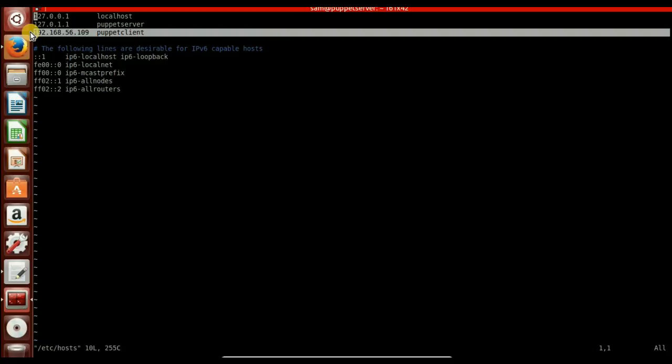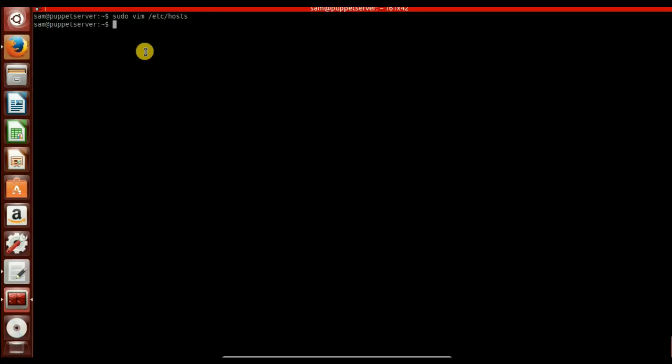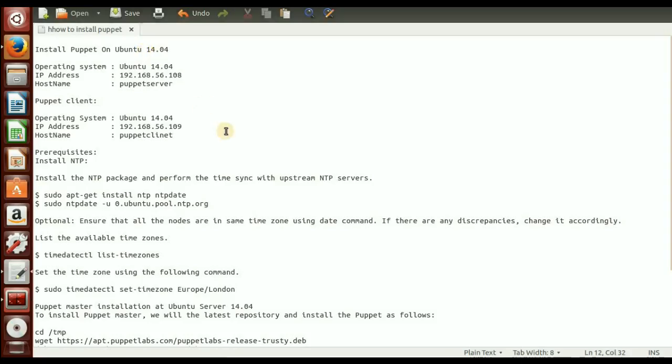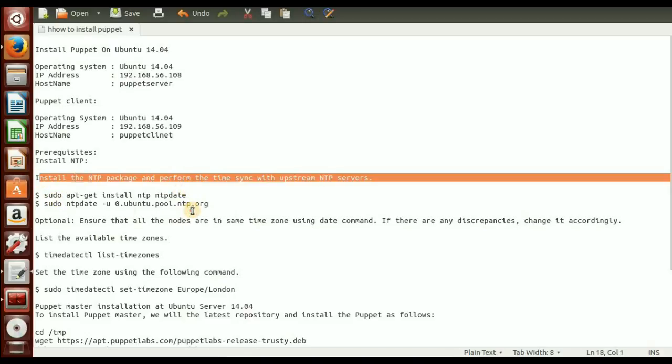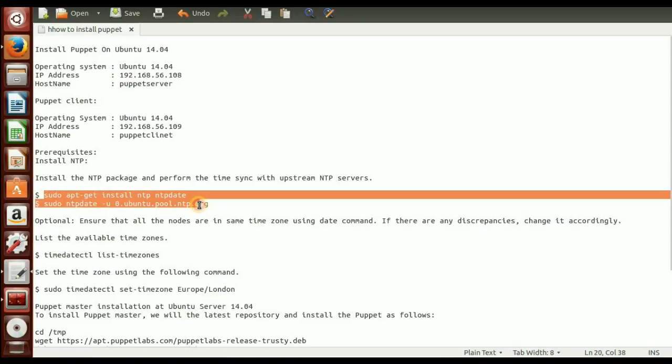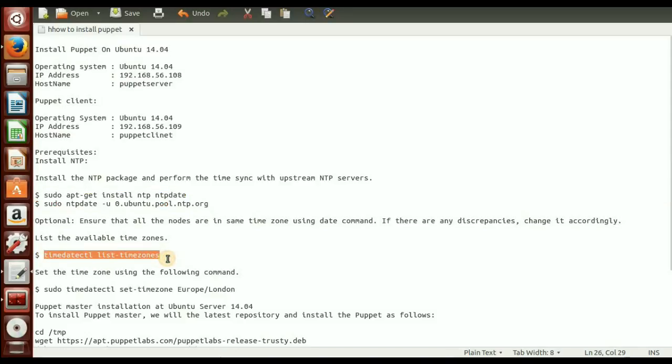So I have one machine that is the PuppetClient and this is the IP. So I add this entry into the etc host file. So here 109 is my PuppetClient machine, so I'll add that into the host file. So first we'll have to install the preliminary softwares, we'll have to configure some applications. So we'll configure the NTP. This is necessary to synchronize your machine times. So just install the NTP and then set